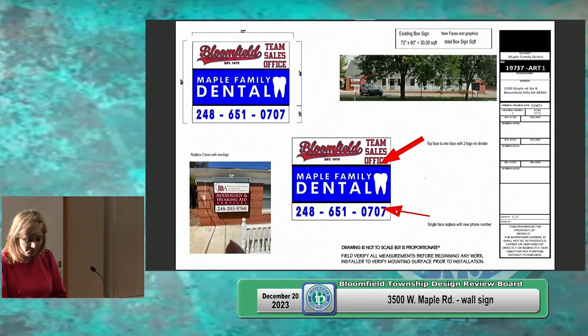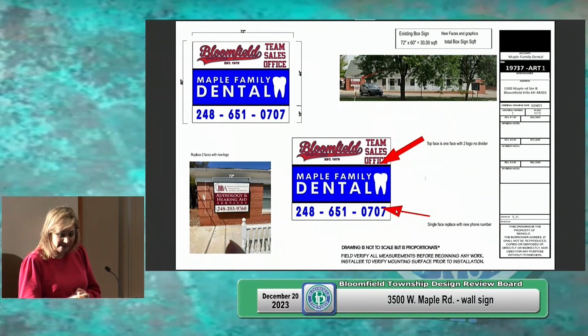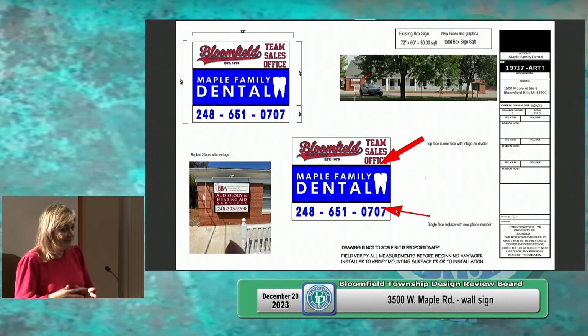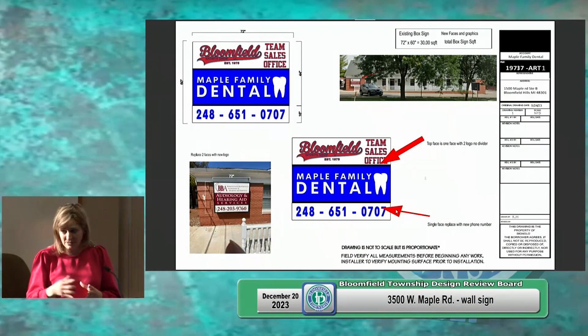The applicant is permitted, based on the percentage of the facade of the building, to have a sign up to 52 square feet. In this instance, they are providing a 30 square foot sign, which is the same that was previously approved, because as I stated, they'll be using the same cabinet. They do have a new tenant coming in, which is the Maple Family Dental, and then we also do have the Bloomfield Team Sales and Office, which is already an existing tenant within the building. So with that, I'm happy to answer any questions, and if you would like to come up and answer any